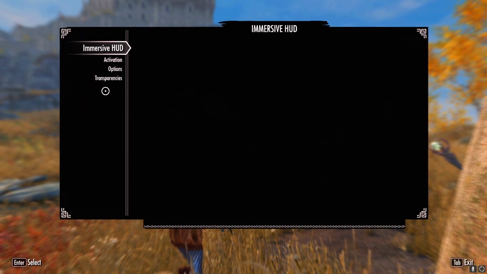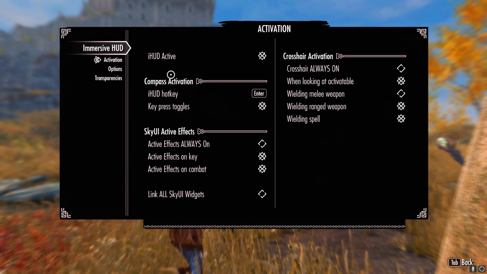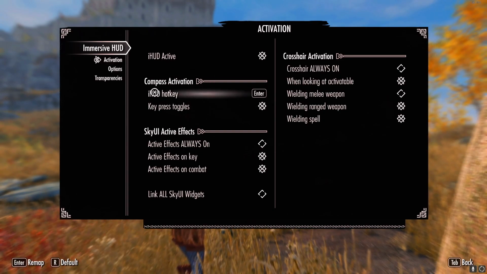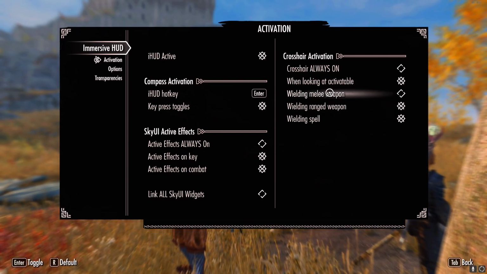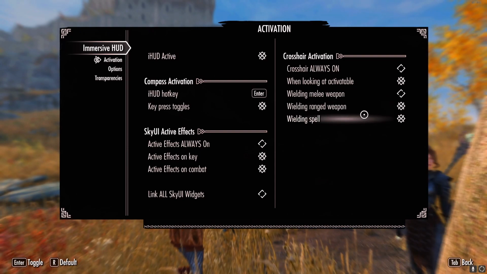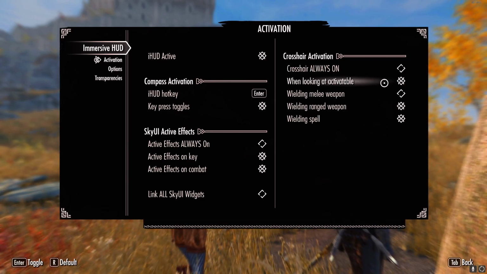Also something that's really nice about iHUD, you can toggle when you want to have certain things on or off. As you can see, it's very customizable. You have your iHUD hotkey, and then also what it will do, whether or not you want to when wielding whatever. If you want, you can also get rid of the markers when you're wielding a spell, ranged weapon, or whatever. Even when looking at something that's, you know,